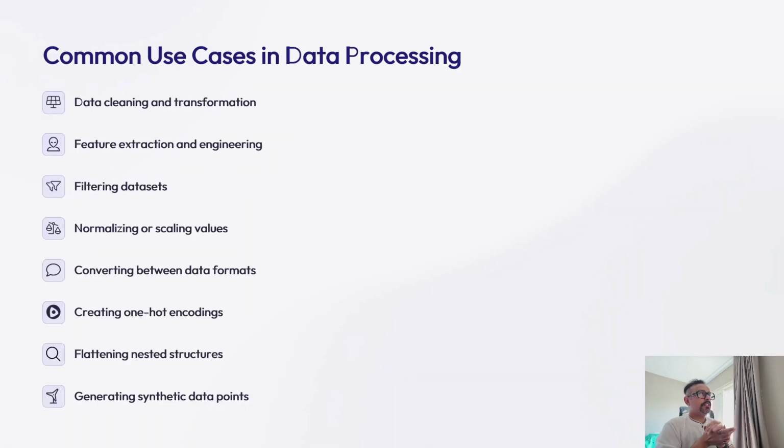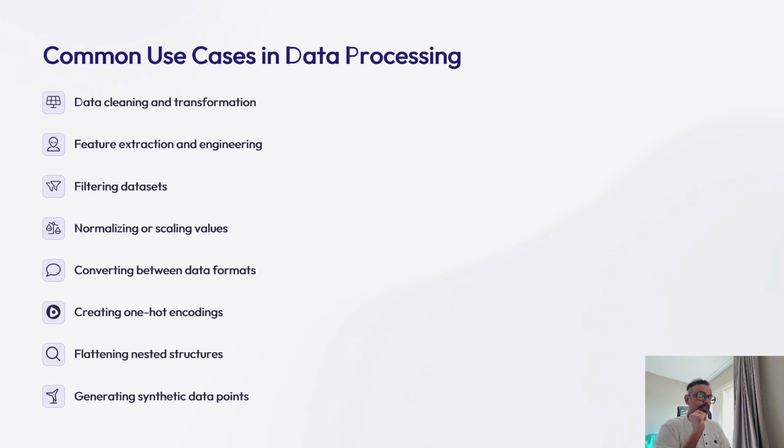So what are the common use cases where we use this? List comprehensions are particularly valuable in data processing tasks in common machine learning workflows. They excel at data cleaning and transformation, feature extraction, filtering datasets, and normalizing values. They are also useful for converting between data formats, creating encodings like one-hot vectors, flattening nested structures, and even